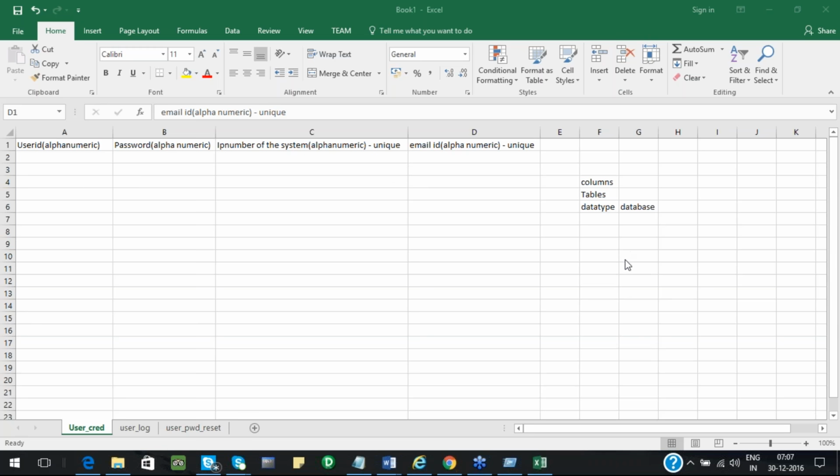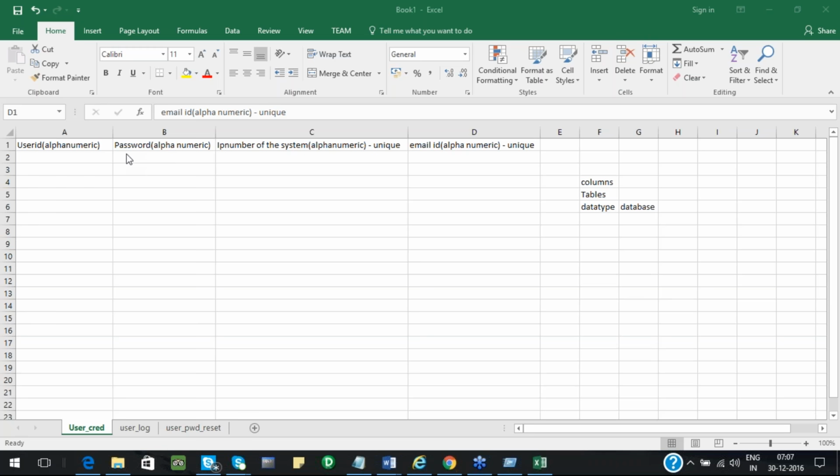So black box testing is the functional way of seeing, which means in the front end where I'm entering the user ID and password, what will I check there? Whether the username accepts alphanumeric characters or plain numeric characters.